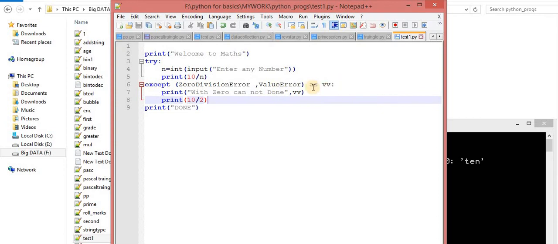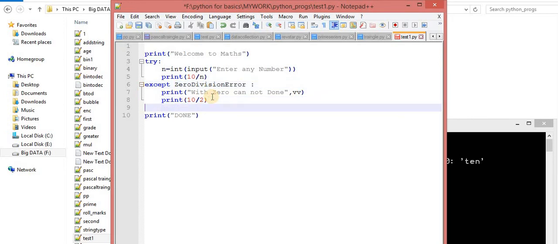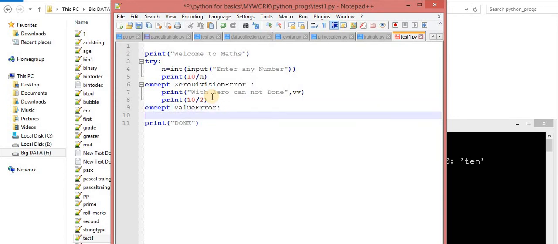If otherwise, what else can you do? Very simple. Now understand it. This is another way. Now if ValueError is there, except. I want, if ValueError is there, then what I have to perform? Print cannot be done.